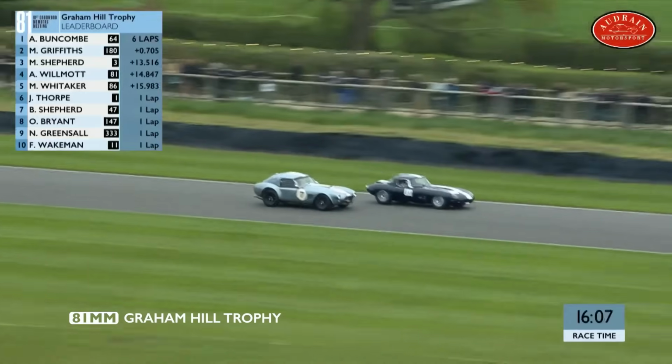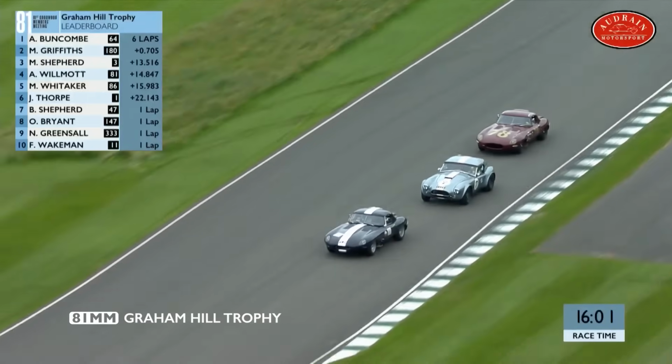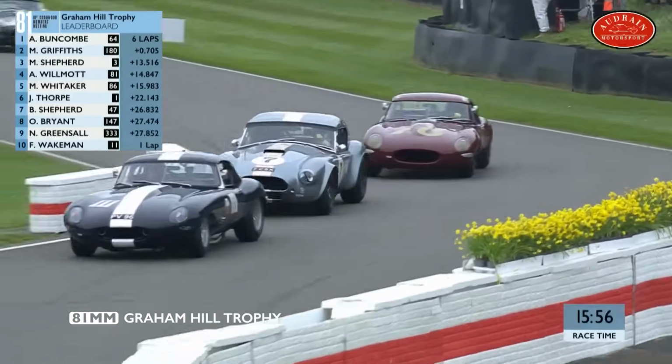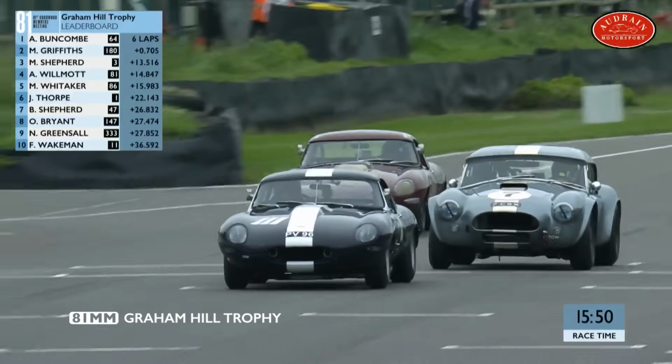AC Cobras took a while to get the handling coming good, and you can see that handling being used very well indeed by Richard Mines to get the poise and move on up in the treble one E-Type. But then, of course, when they exit the chicane, left the door wide open there, but I didn't expect the AC Cobra to dive to the inside. The grunt from the Cobra should propel it at least alongside on the start-finish straight, and tucked it behind William